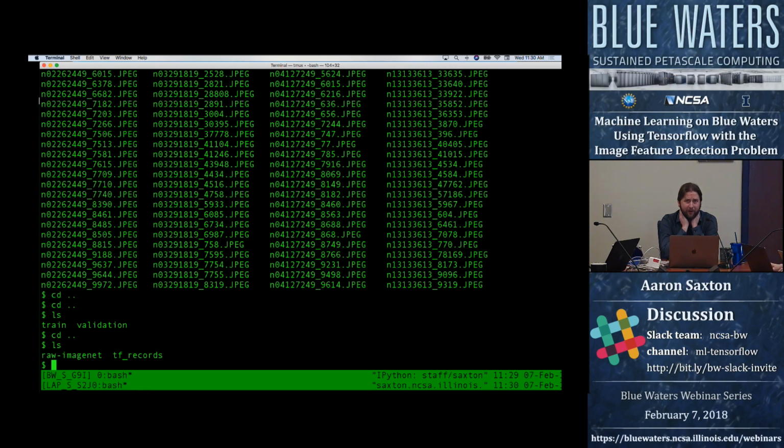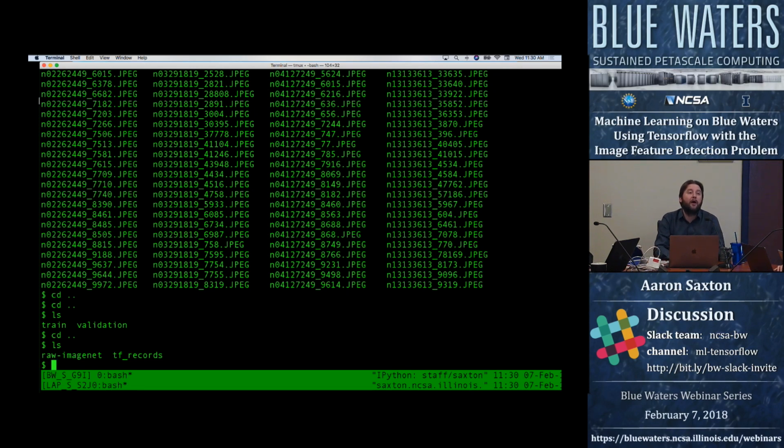PyTorch, my teammate tells me, has native MPI support. TensorFlow does not. And I'm going to admit an embarrassing fact in a little bit that's giving us some trouble. That's not saying that TensorFlow will never have native MPI support. They claim to. We're having a hard time getting it running on